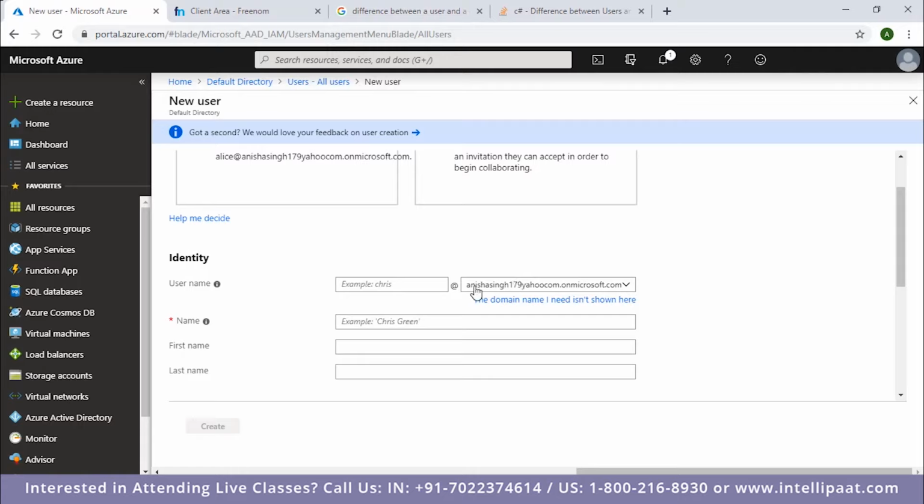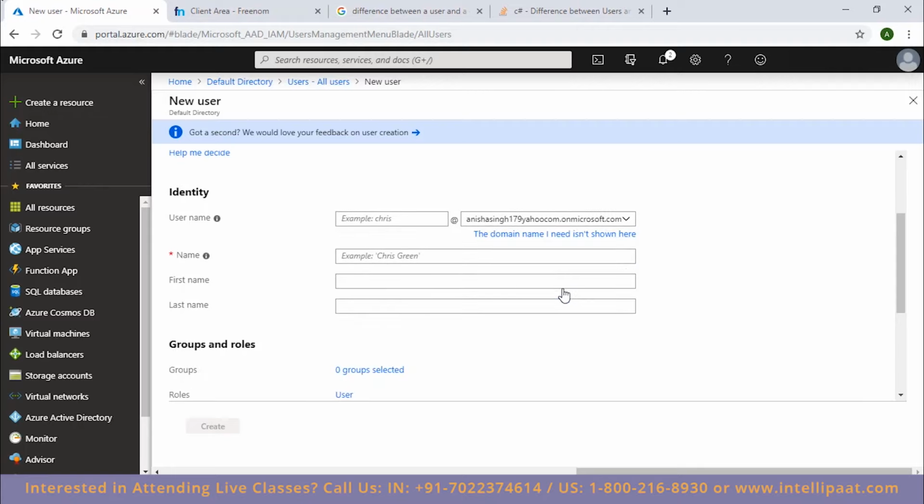So the first domain name option that I get here is obviously the default domain name that I get with my Active Directory, right? Since this is the default domain name, it has already been verified by my directory. I will also get options for any other domain name that I might have gone ahead and added myself, that means the custom domain name. If I have verified any custom domain name in my directory, then I can choose that domain here as well, right? So let me show you. The custom domain name that we previously added in my directory should show here if I click on this drop down option. Alright, so here it is. As you can see, hellocloud.ga, the custom domain name that I had added, is also here.